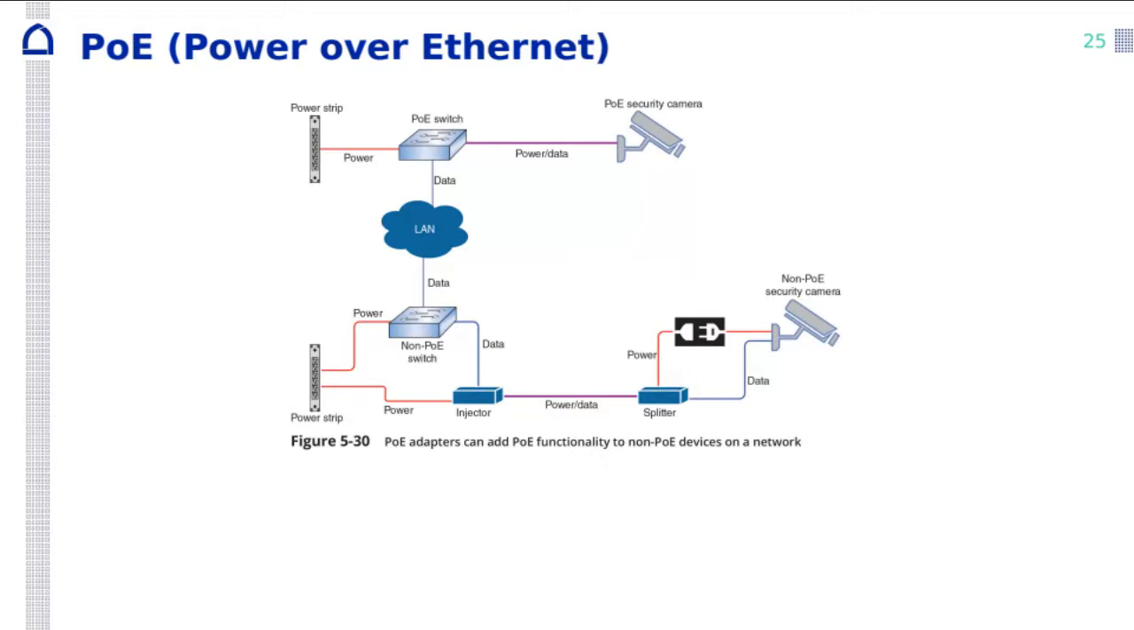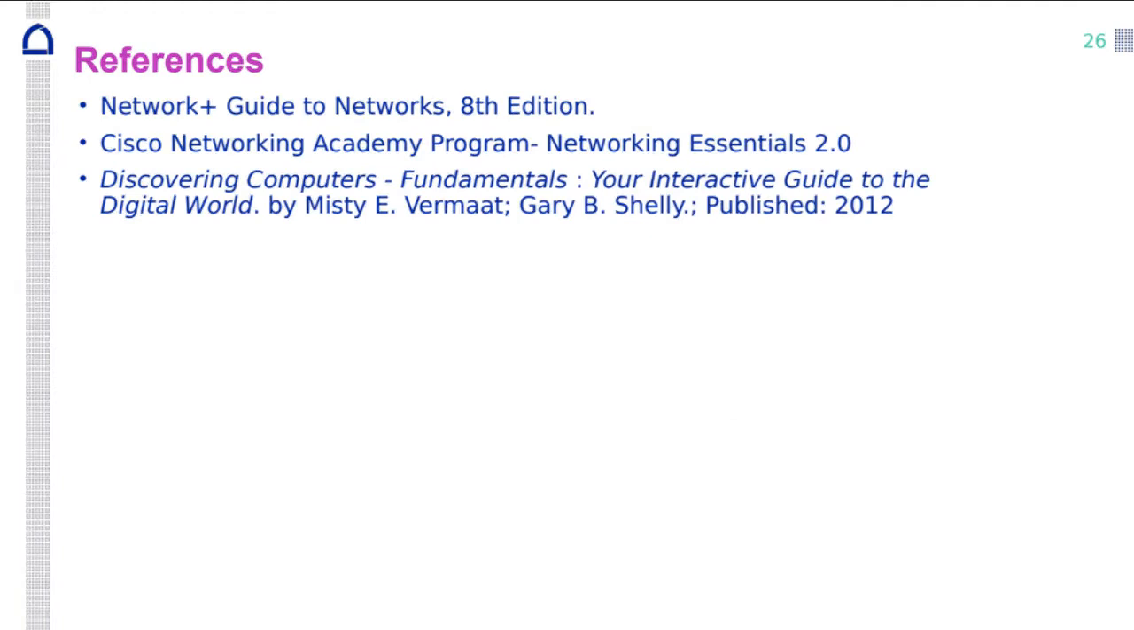So here we have the power strip, and this is my camera. Here the camera is getting the power through the splitter. Okay. And also the data cable. We are not going to study this in the lab, but you need to know that this is available. Now